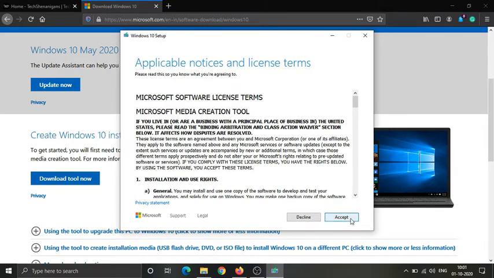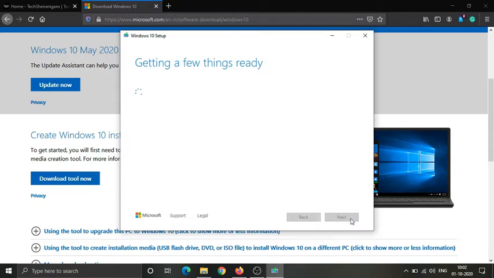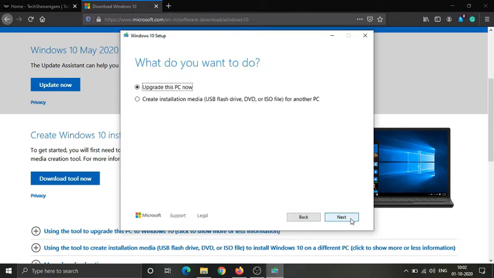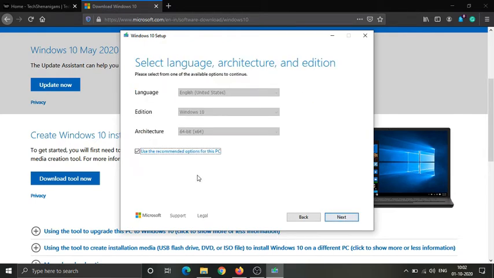Hit accept. The next part is to click this create installation media for another PC. Use the recommended options. If you want to change these, you can just click this and select.